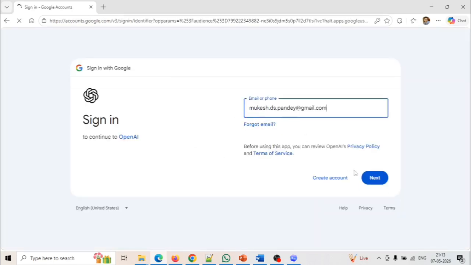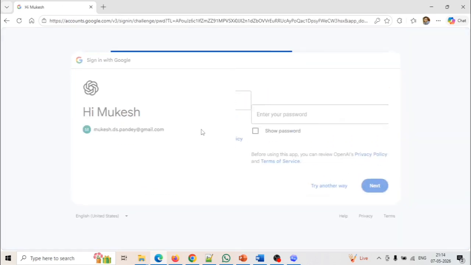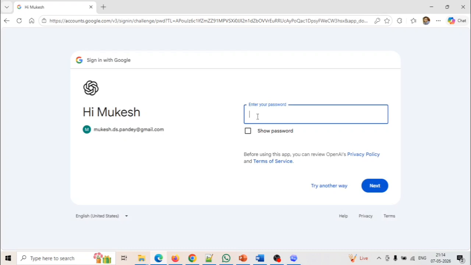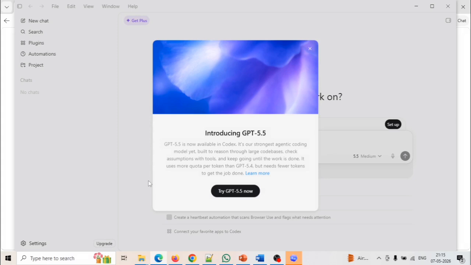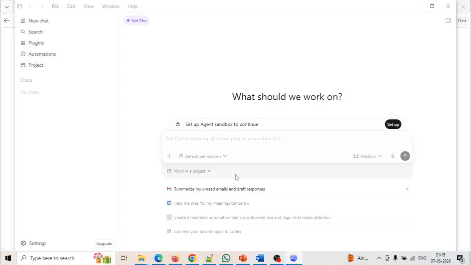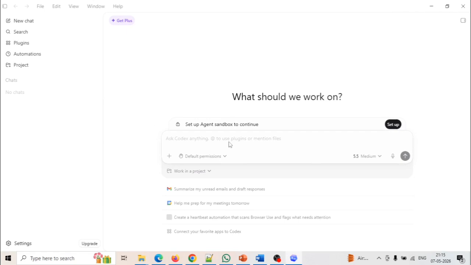You can just put the password for ChatGPT, whatever the Gmail password you have, and once you enter all the details, it automatically gets logged into Codex. So you can see now the latest GPT 5.5 is showing, and it will ask if you want to try 5.5, or you can also go to 5.4 or an older version. So this is the overview of the complete Codex. In the next video I will guide you on how you can create